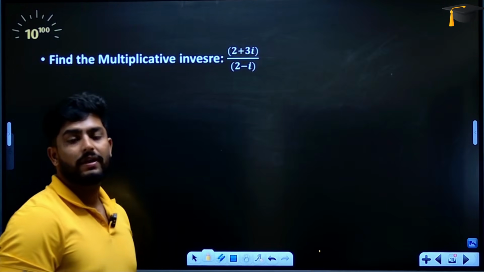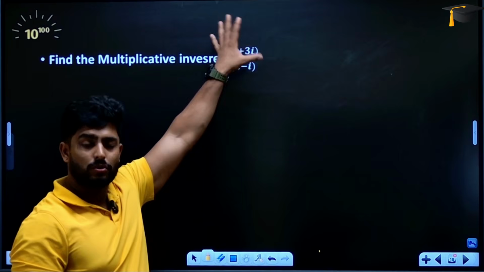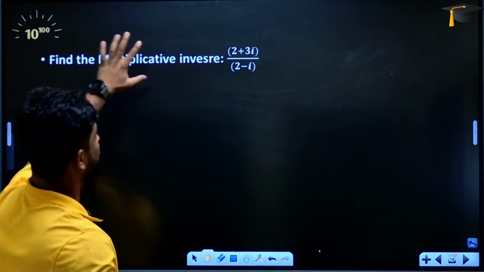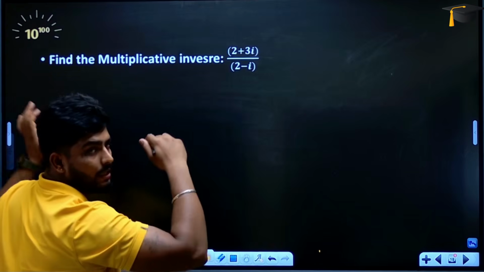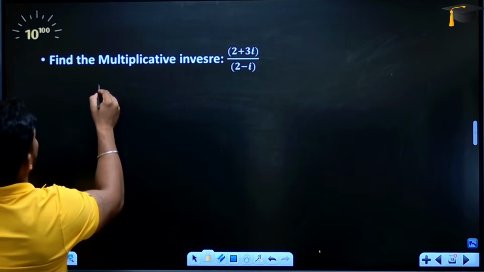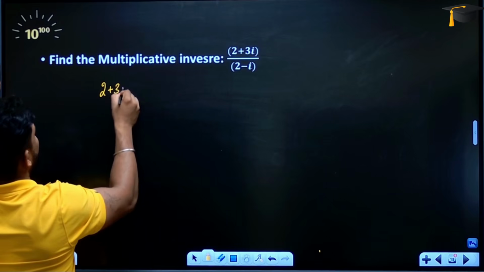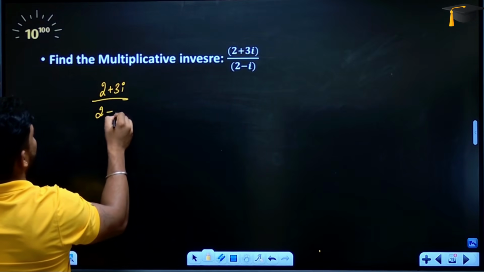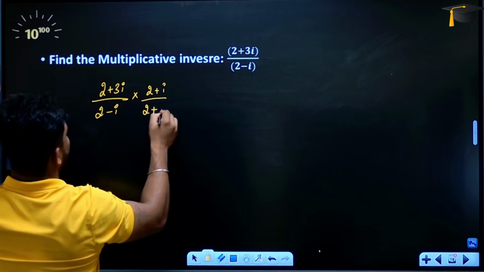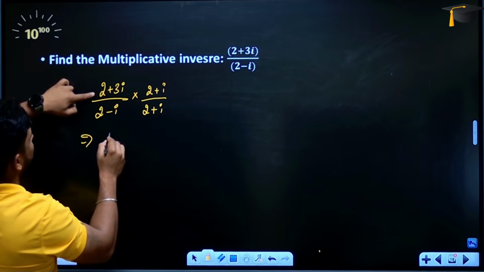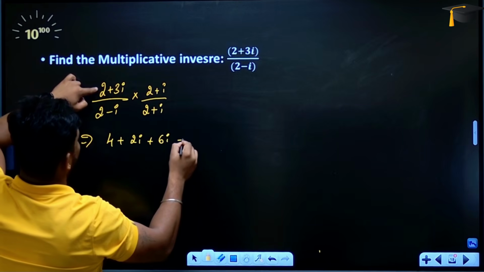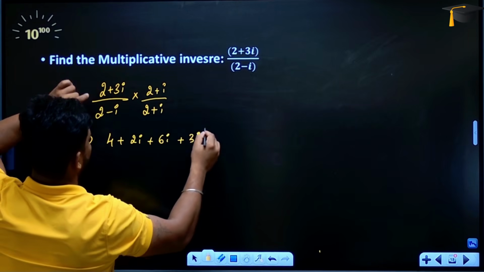Multiplicative inverse: find the multiplicative inverse can be asked. Sometimes they give the complex number directly, and sometimes like this. So you need to know both. First you have to solve this complex number. You have to bring it to a plus ib format. So take the conjugate: 2 plus 3i divided by 2 minus i, into 2 plus i divided by 2 plus i. Multiplying, 2 2s are 4 plus 2i plus 6i plus 3i square, whole divided by